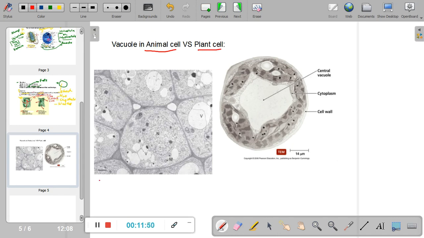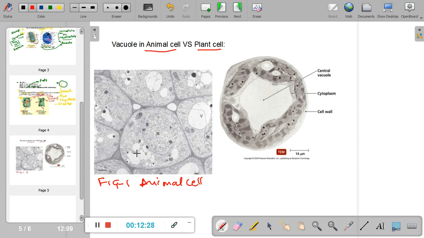Now this image, the first one, let's call it figure 1. This is the image of an animal cell, and in this animal cell, let us look at a couple of structures. You see this structure here in the center where we have N written. This structure here is the nucleus, and the nucleus is occupying the central position in the animal cell. It is mostly present in the center. It is pretty large and is present in the center. And these structures here, the white structures here,